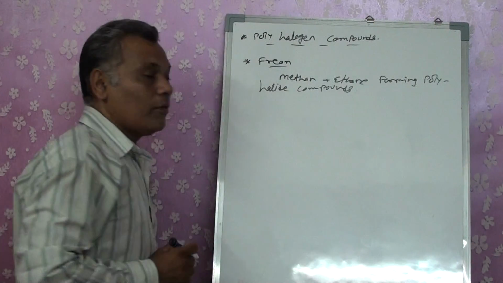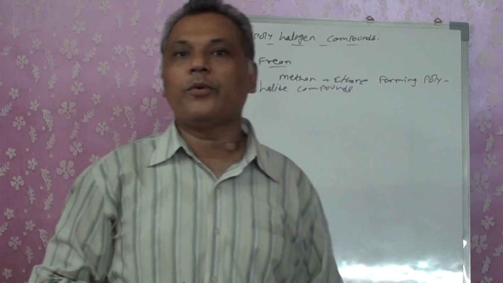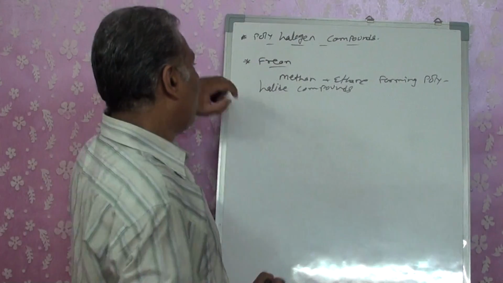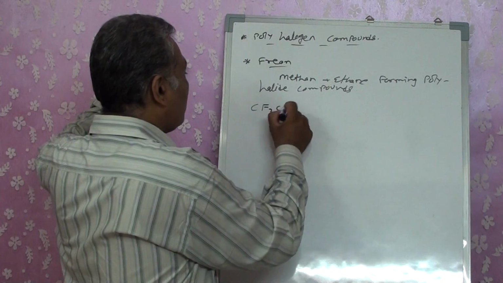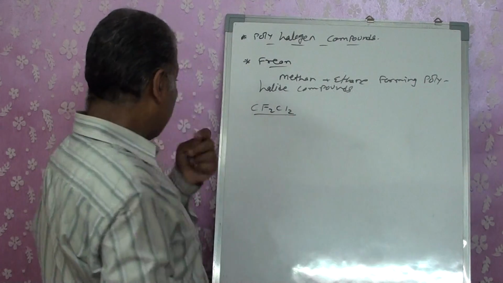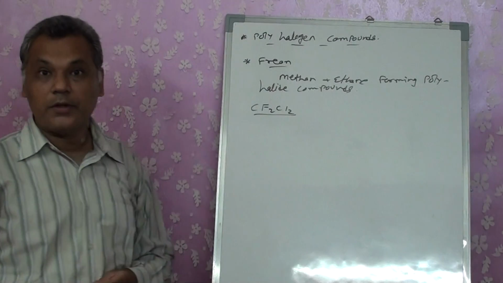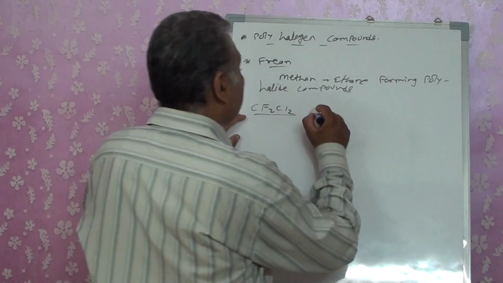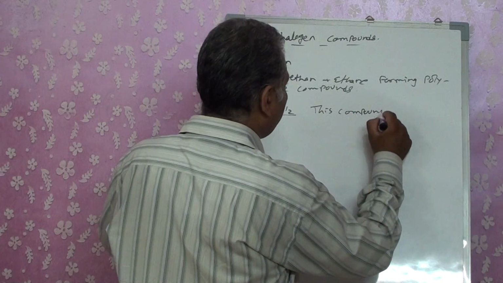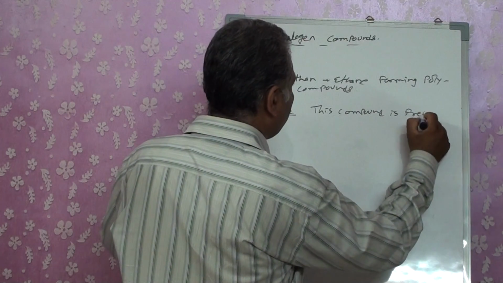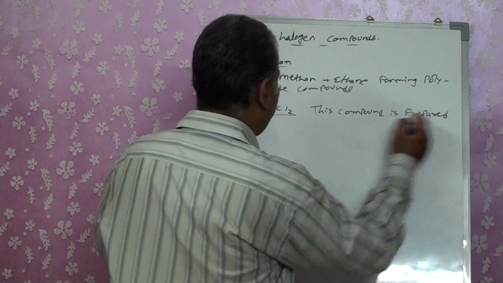A mixture of methane and ethane forming polyhalide compounds are known as freons. Particularly, CF2Cl2, that is fluorochlorocarbon. This compound is prepared from